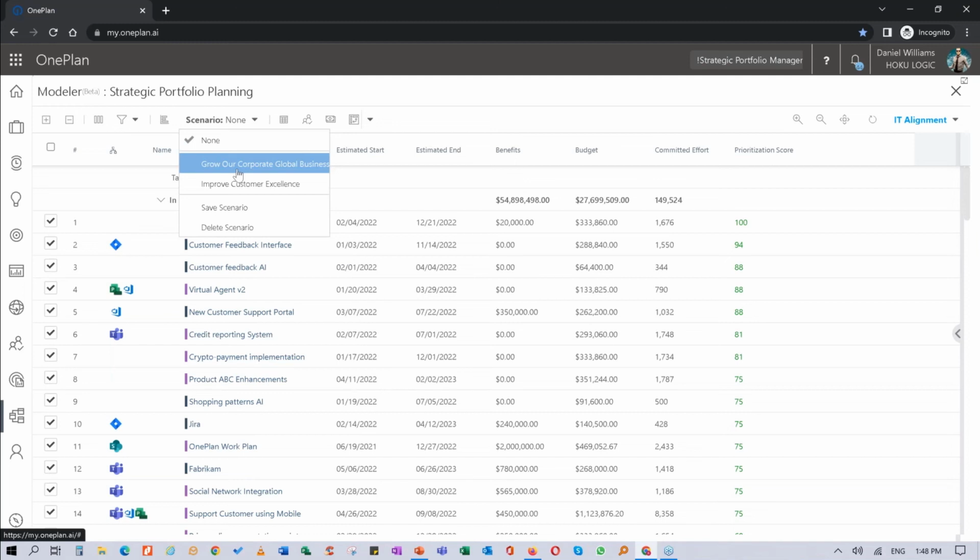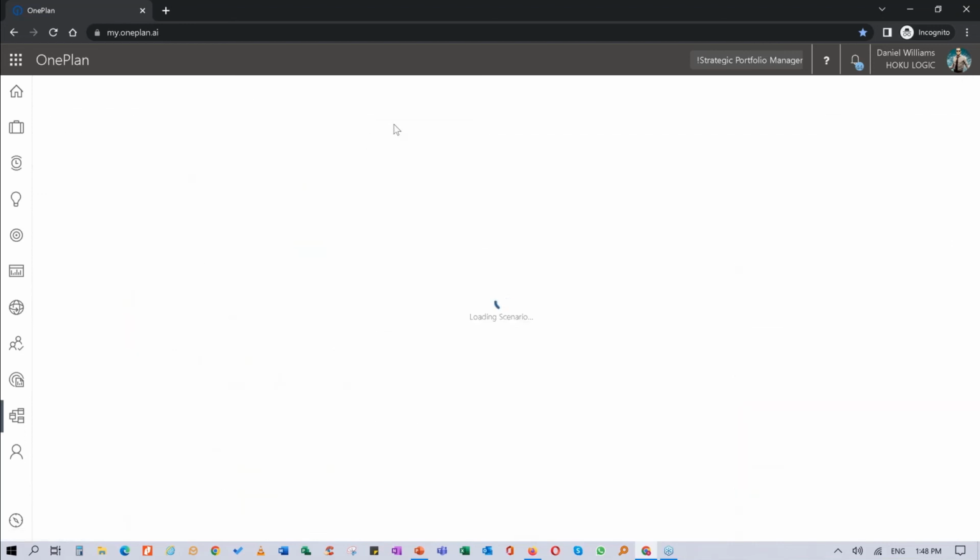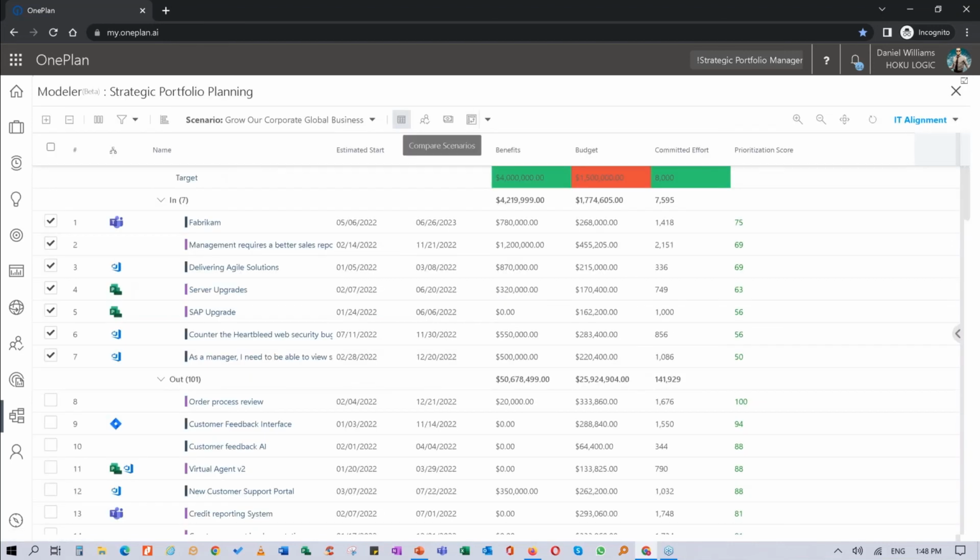What if we wanted to fund growing our corporate global business? How can we achieve that? What do we need to fund? Based on that, there are 7 projects that are in and 101 that are out, because I have only $1.5 million and $4 million in benefits. It looks like I have enough committed effort in terms of the resources that are assigned,